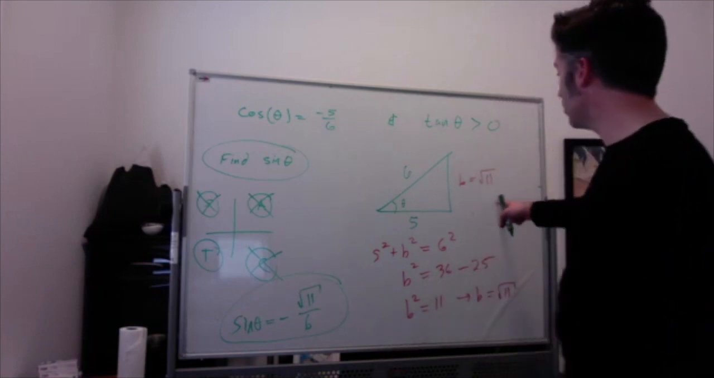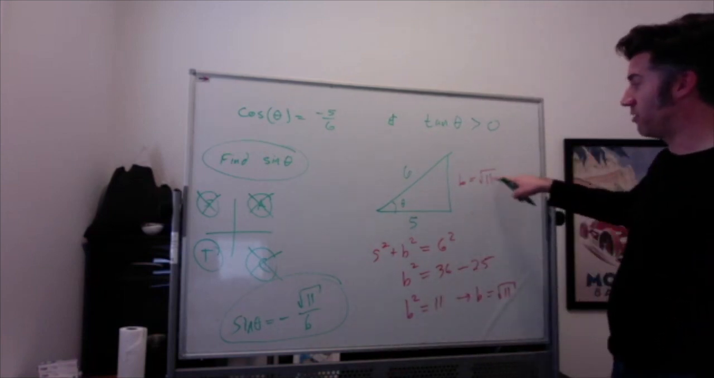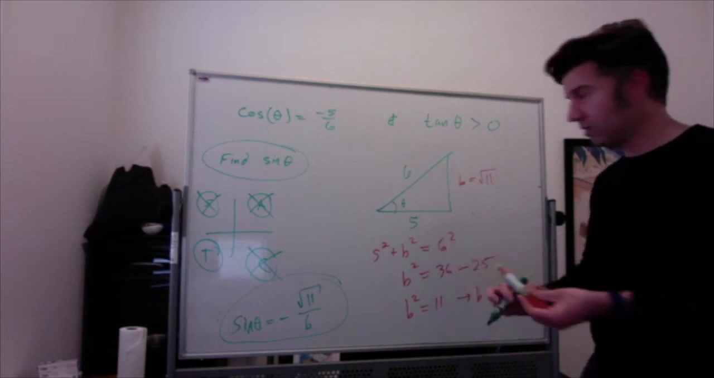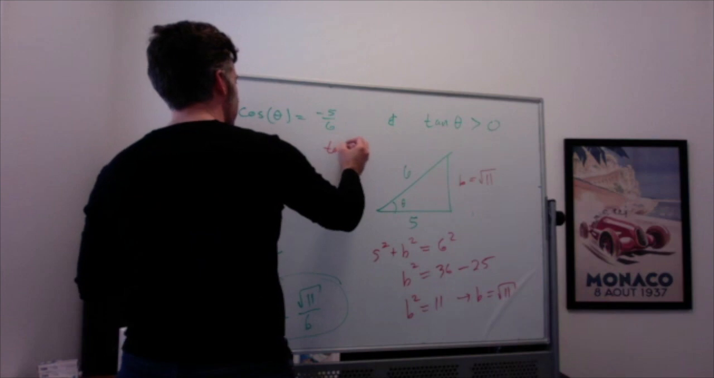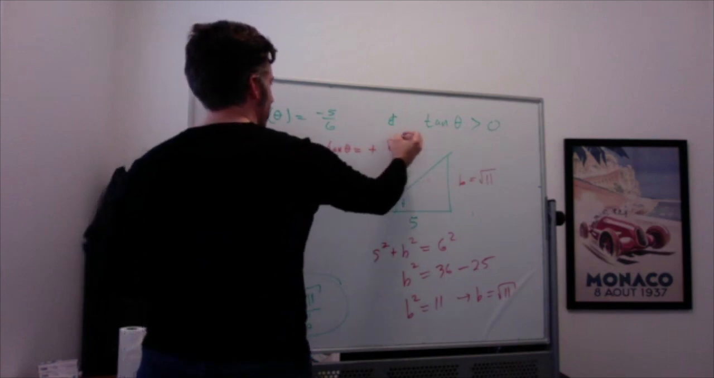If we asked what tangent was, tangent would be square root of 11 over 5, and it would be positive. Not that that was the question, but I should just mention here tangent of theta is positive square root of 11